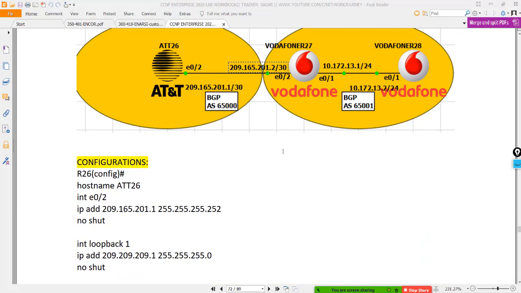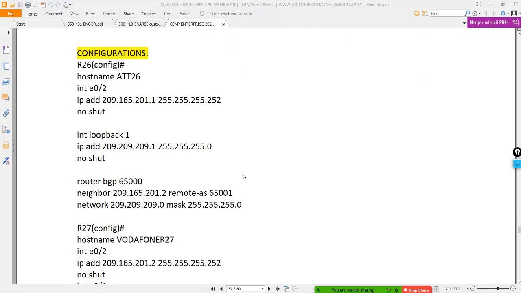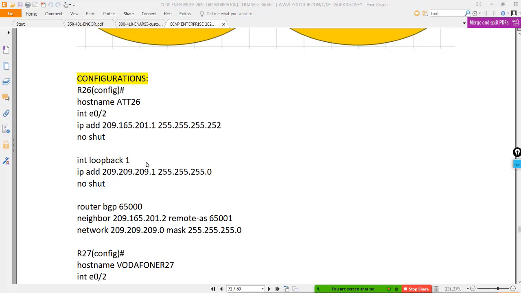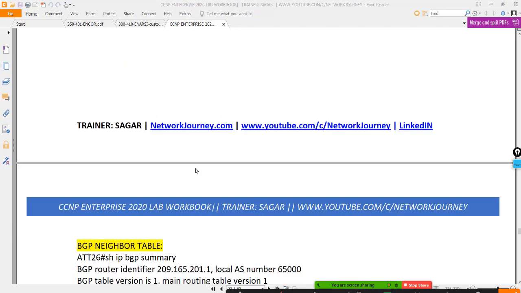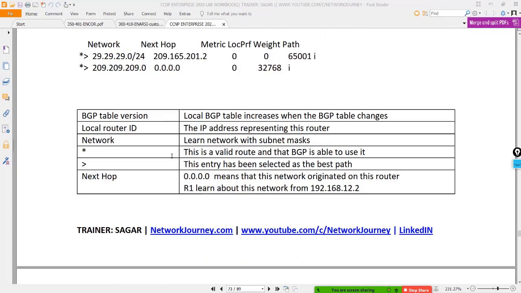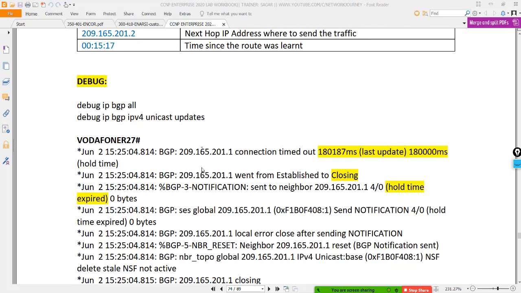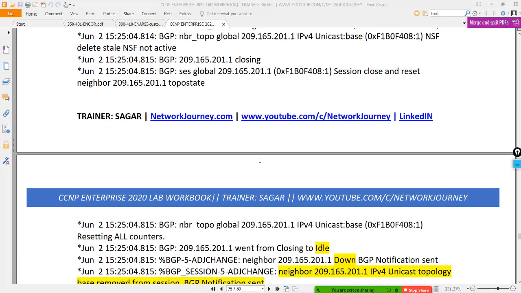And we had done a basic lab in our previous class, so I guess you have practiced it after the class. This was just a basic class to see the BGP tables, to see how the neighborships are formed, what are the commands to configure BGP. So we have the neighbor table, the forwarding table, and the routing table, and this is to enable the debugs to see how the peering state happens, what are the timers, what are the packets that we see on our screen when we have BGP getting established.